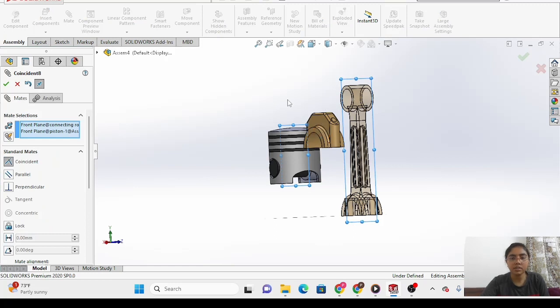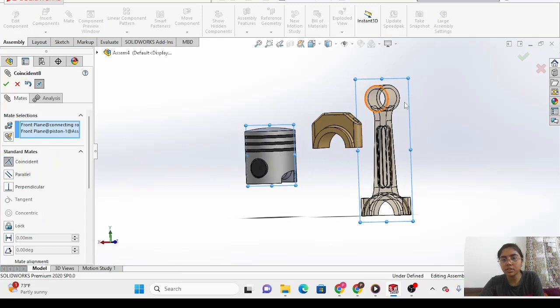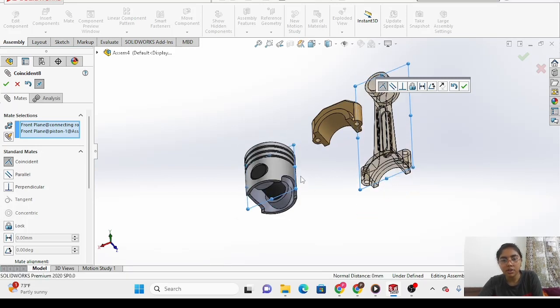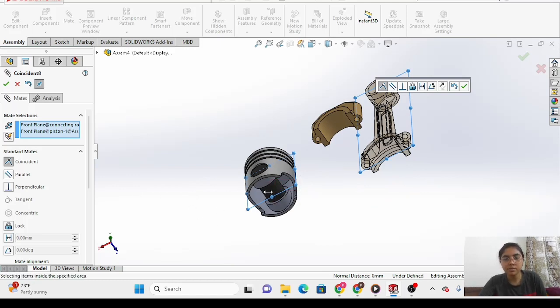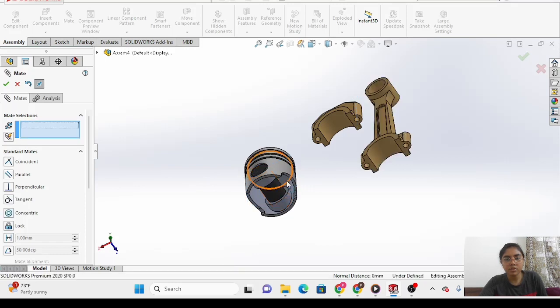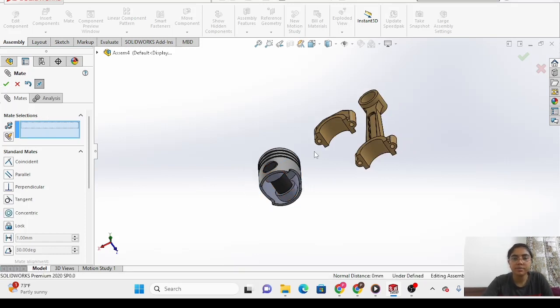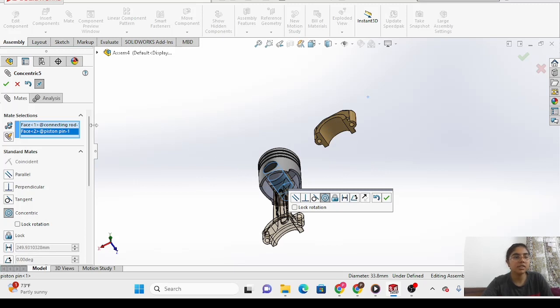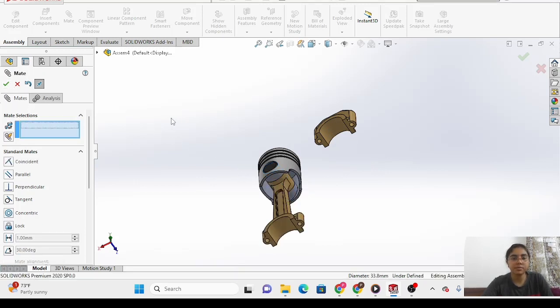Okay, so after that, select this inner portion of connecting rod. So coincident relation along with this rod. Click OK. So select this, click OK. It has been done. So after that,